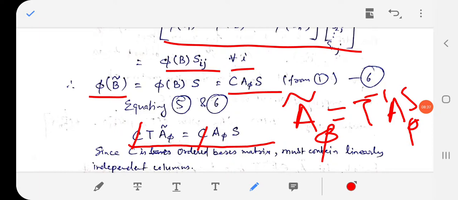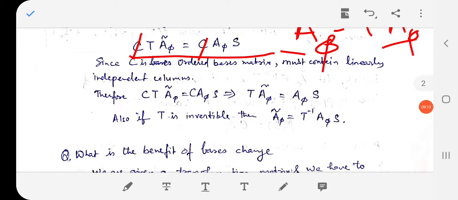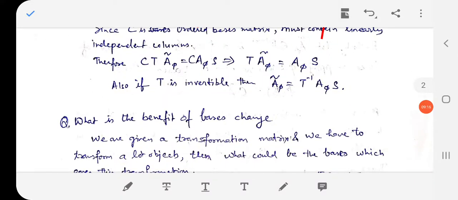The beauty of this is that instead of taking A phi, if I choose A phi tilde, I am actually doing the same thing, but just in a different basis. The relative positions of the points are almost the same, but these two matrices may be working in a similar way. So that's the beauty. Let us try to see what the benefit is.